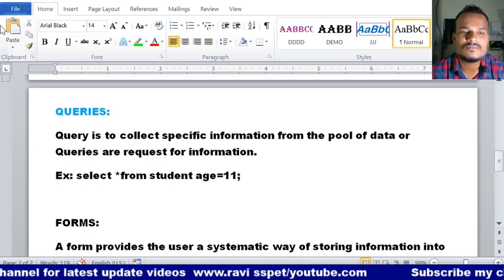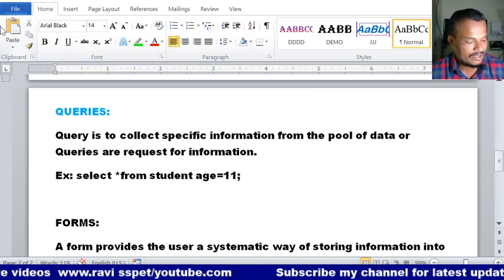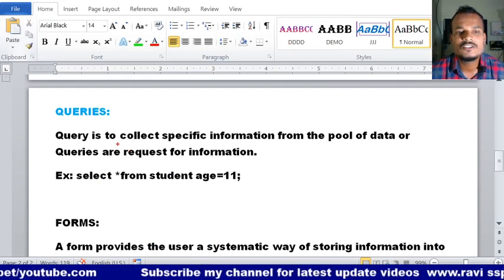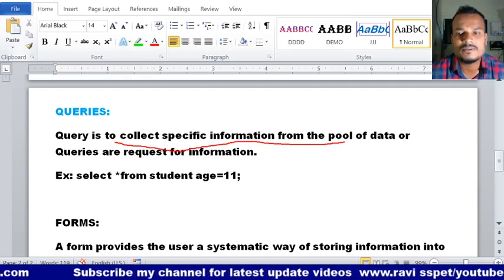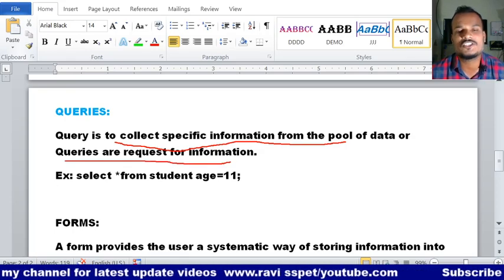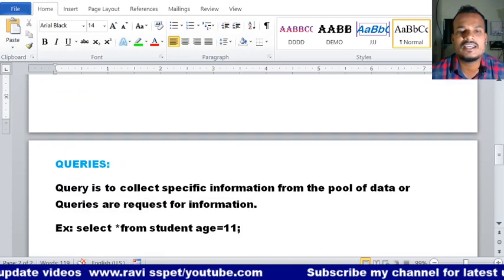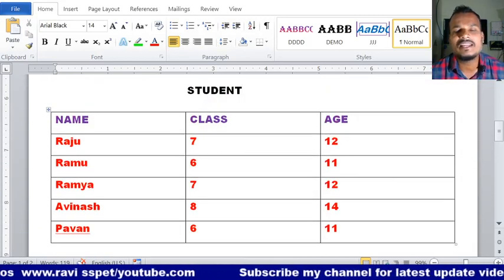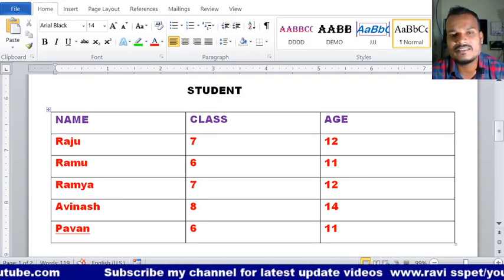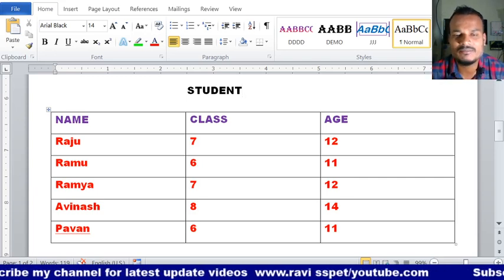What is the next one? Queries. A query is to collect specific information from the pool of data. Listen carefully: queries are requests for information. Here is one table. In RDBMS we use tables for storing information.